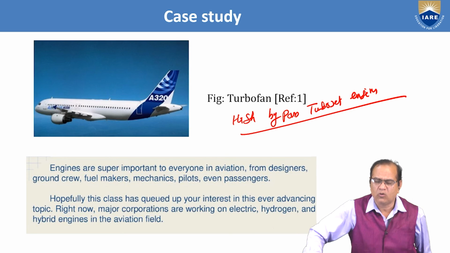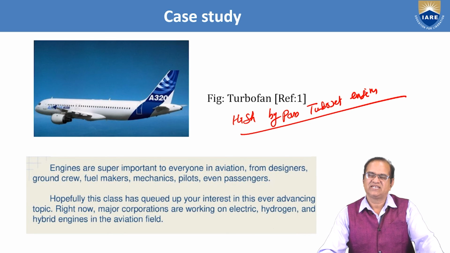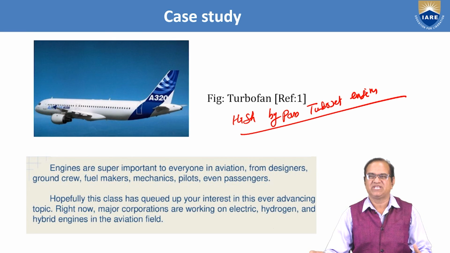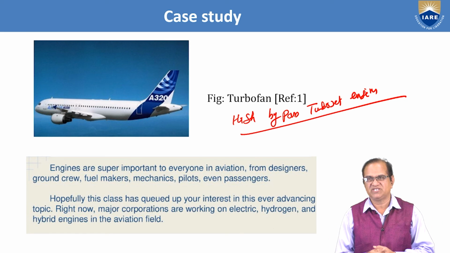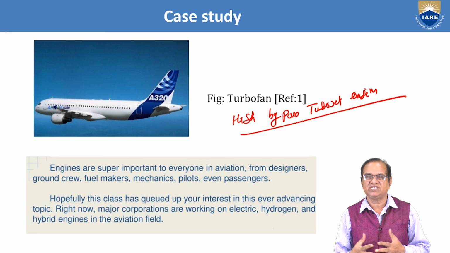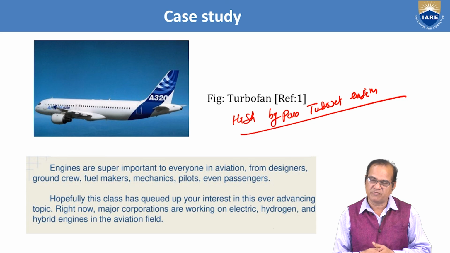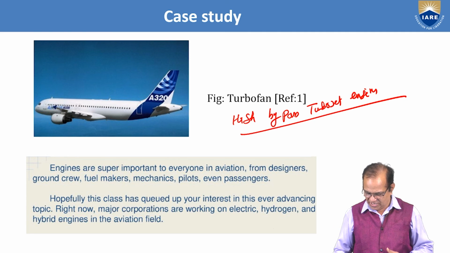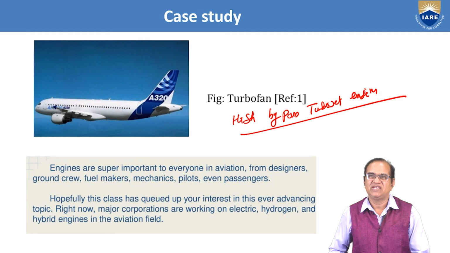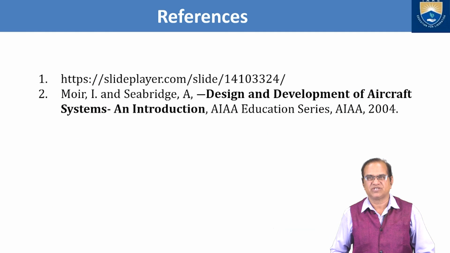So, what I want to see is that the very interesting topic of the engine, and everyone want that engine should be there. But now the petroleum products are diminishing from the earth. We need some new type of engines. So electric engines, hydrogen engines, and hybrid engines, nuclear engines are also to be developed for the aircraft purpose, and that may be very useful. So we all have to think about the new development, new research on this area, so that we can develop the very efficient, low-cost aircraft in the future.